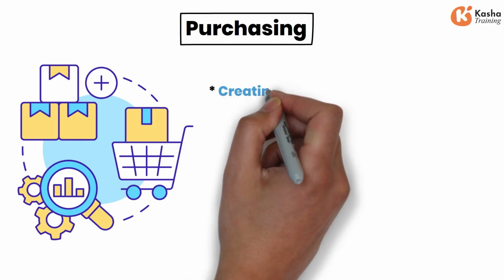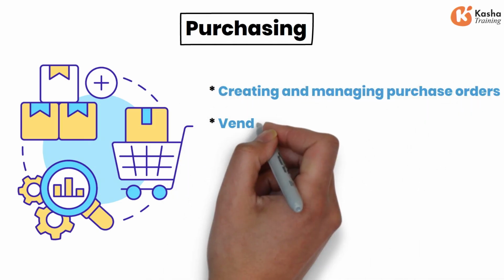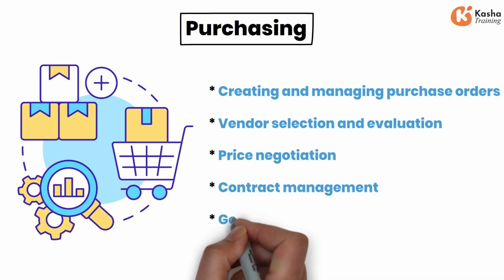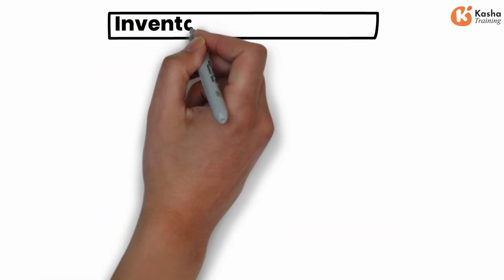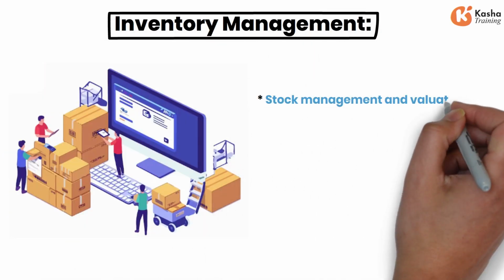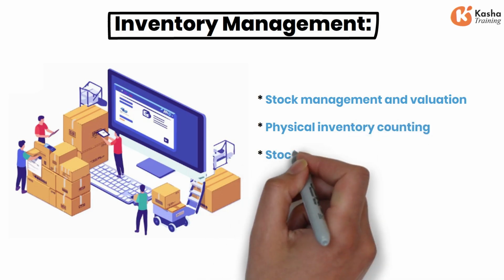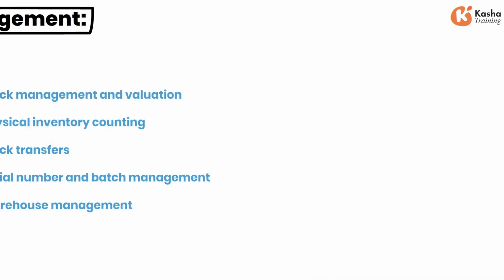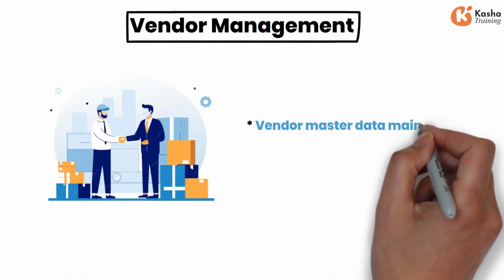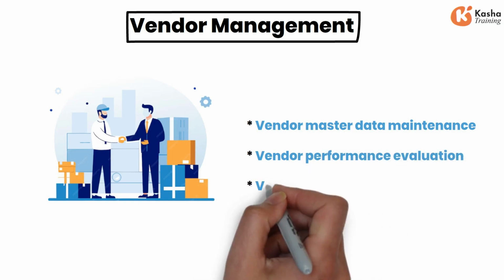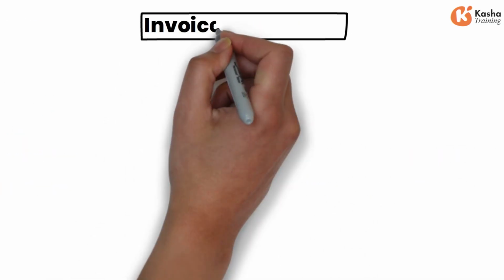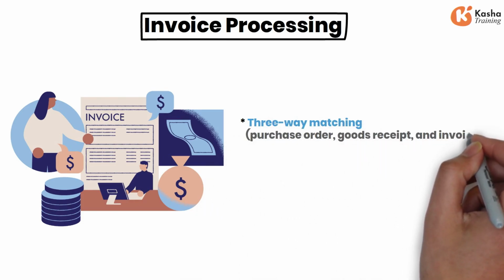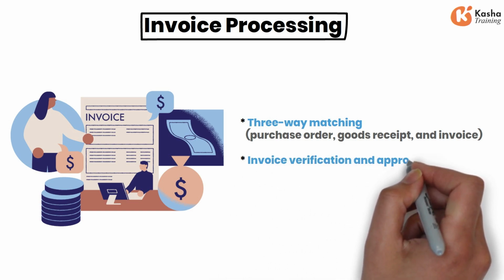Purchasing, creating and managing purchase orders, vendor selection and evaluation, price negotiation, contract management, goods receipt processing, inventory management, stock management and valuation, physical inventory counting, stock transfers, serial number and batch management, warehouse management, vendor master data maintenance, vendor performance evaluation, vendor payment processing, invoice processing, three-way matching: purchase order, goods receipt and invoice, invoice verification and approval, accounts